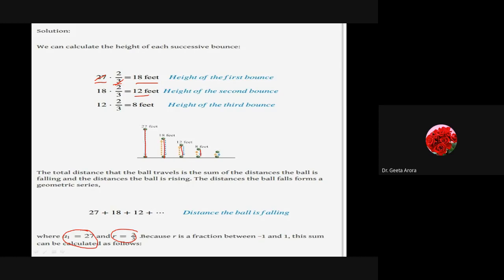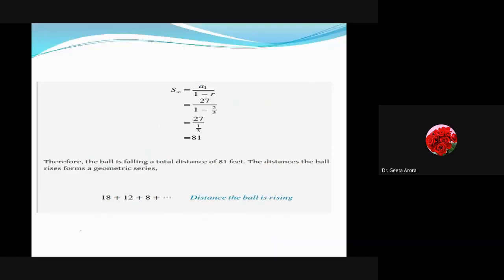And if we have to find out the total distance traveled, how are we going to find it? We have to find the sum of the geometric series up to infinity, because here we can't say how many bounces. Some of the bounces we have counted, but actually it is going on, because we know that the ball used to bounce with a small length also, correct? So here we are considering the sum given by a1 divided by 1 minus r.